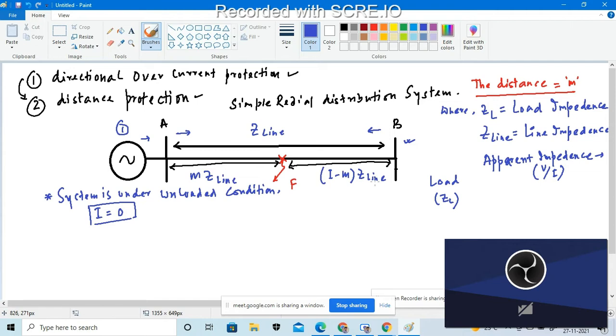That means if we are connecting any such kind of relay over this AB section, that relay will sense the fault. What will be seen by the relay will be infinite because I equals 0. As the system is unloaded, I is equal to 0, so we can say that the apparent impedance